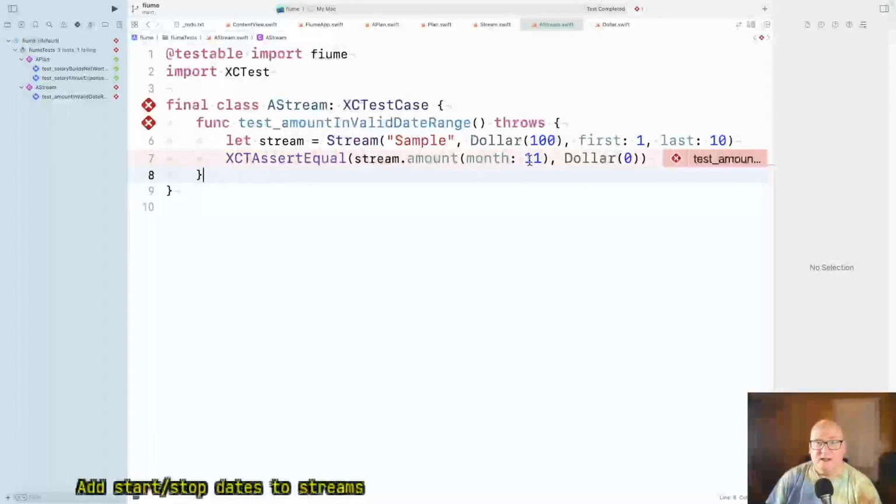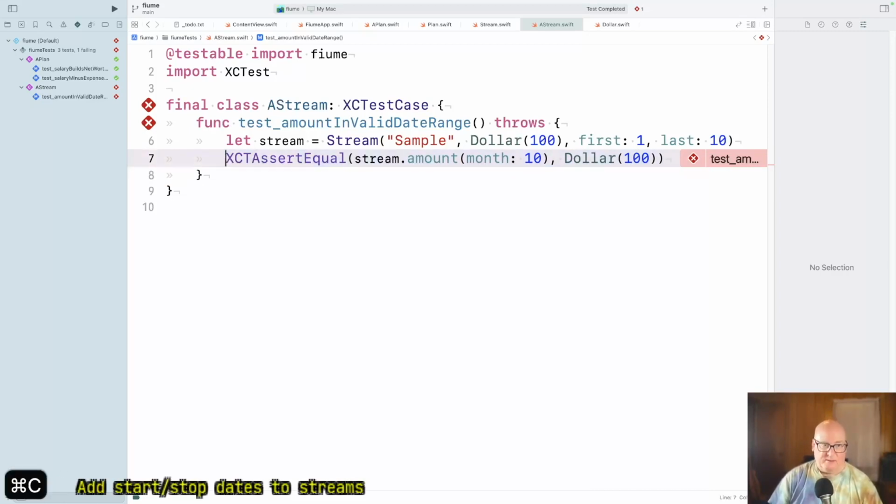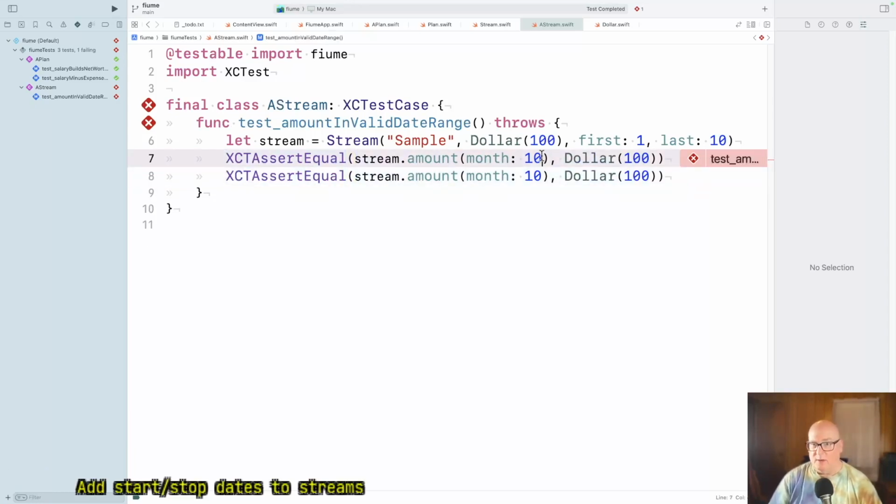Oh, I didn't do a valid, I did an invalid instead of a valid. Let's do this. This should be 100. And actually I'd be okay with a couple of asserts here. Month 1 is $100. Okay, let's see if that works.